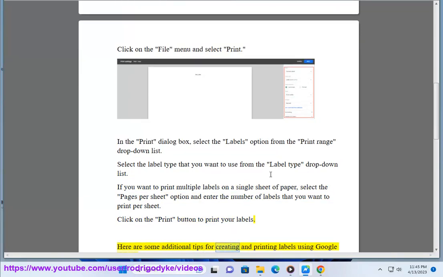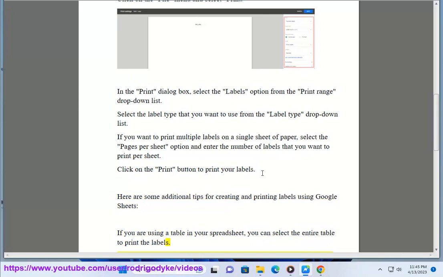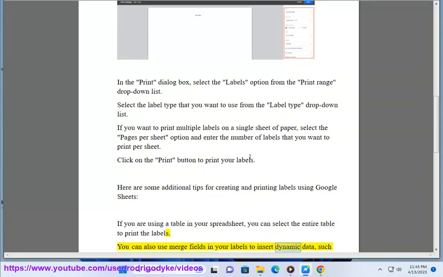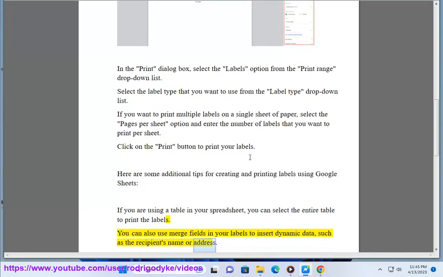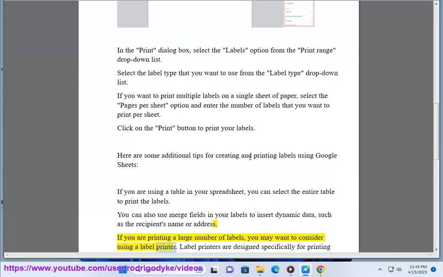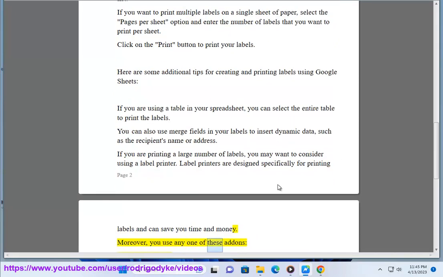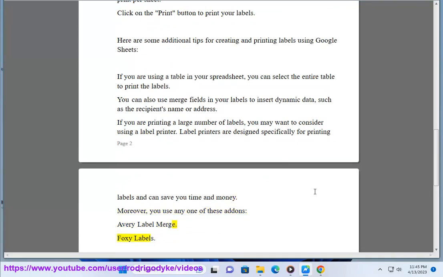Here are some additional tips for creating and printing labels using Google Sheets. If you are using a table in your spreadsheet, you can select the entire table to print the labels. You can also use merge fields in your labels to insert dynamic data, such as the recipient's name or address. If you are printing a large number of labels, you may want to consider using a label printer. Label printers are designed specifically for printing labels and can save you time and money. Moreover, you can use any one of these add-ons: Avery Label Merge, Foxy Labels,